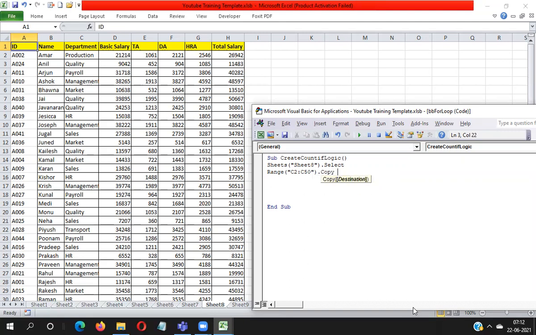Then, where do you want to paste? I want to paste into the J column. If you want to make it dynamic, you have to write it like this.